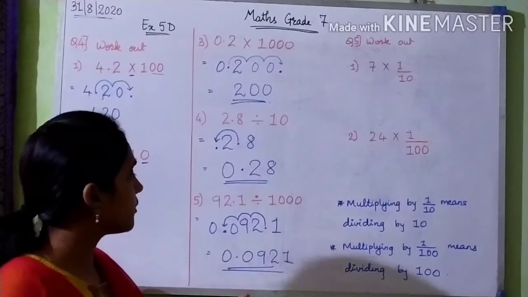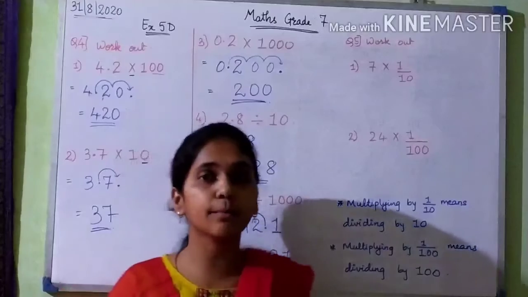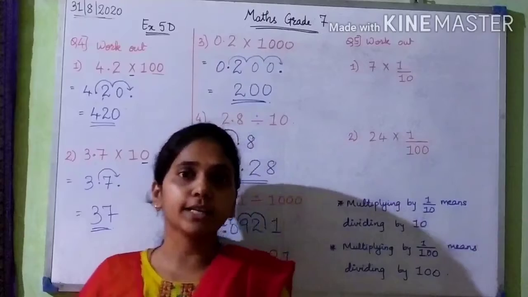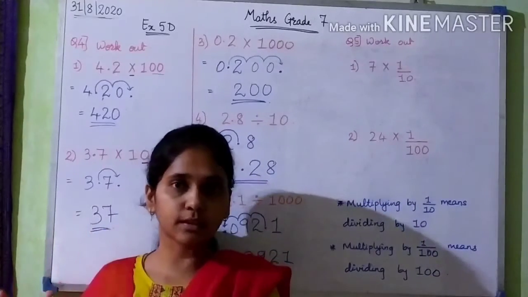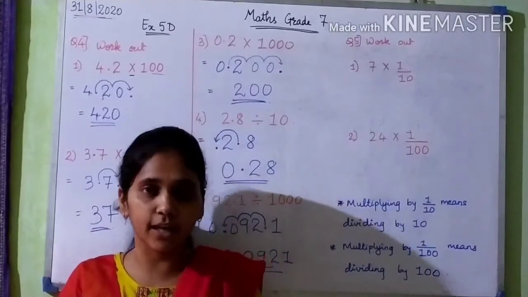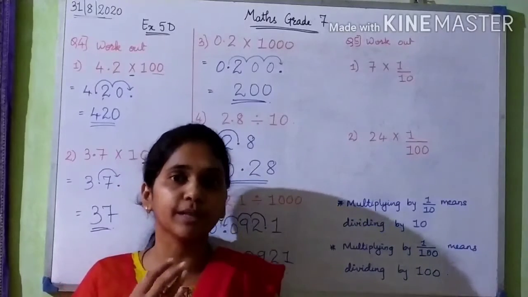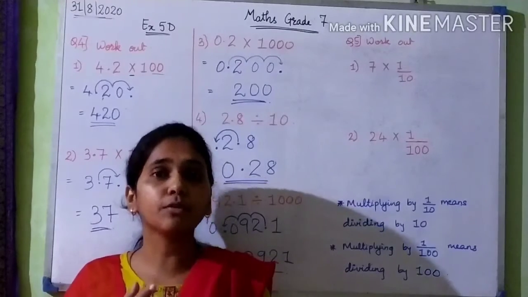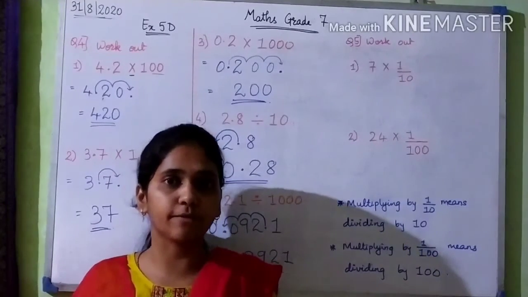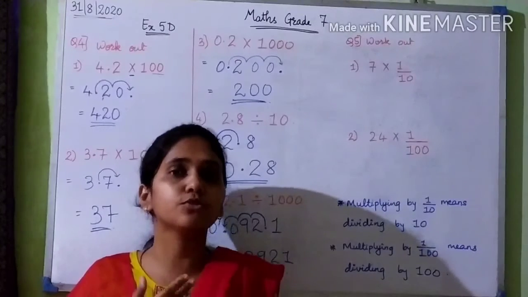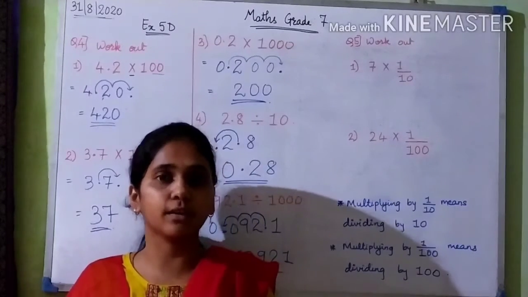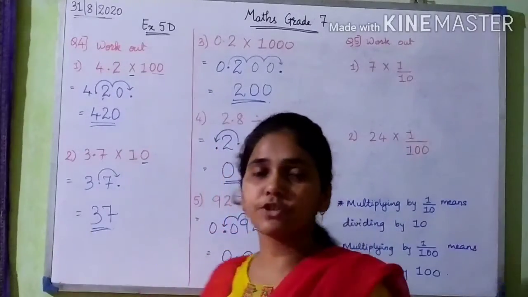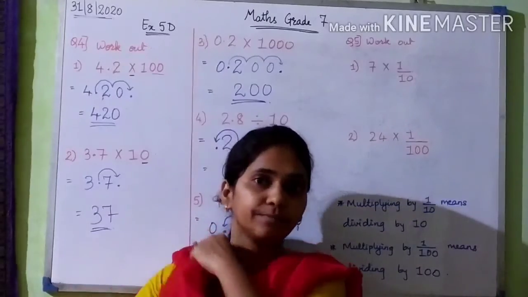Okay. So this is the way we multiply or divide numbers by 10, 100 and 1000. It is just a matter of shifting the decimal point, whether it will shift towards the right or towards the left, depending on whether it is multiplication or division. And by how many places, by the number of zeros the number is having. If it is 10, then 1 zero. If it is 100, then 2 zeros. If it is 1000, then 3 zeros. So this was about multiplication and division by 10, 100 and 1000.